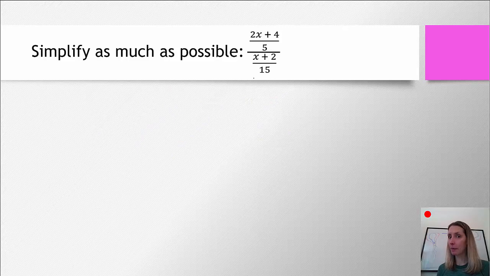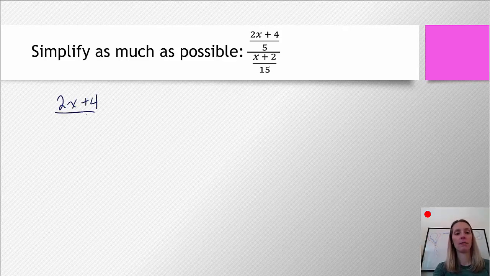Okay, we're gonna take these up a notch now. We're gonna keep compounding these and get a little bit more complicated as we go. What's the first thing we wanna do here? We wanna rewrite this using the little division sign. So I'm gonna put the numerator, 2x plus 4, divided by 5, divided by, using this guy, x plus 2